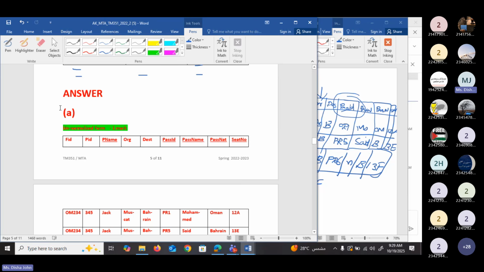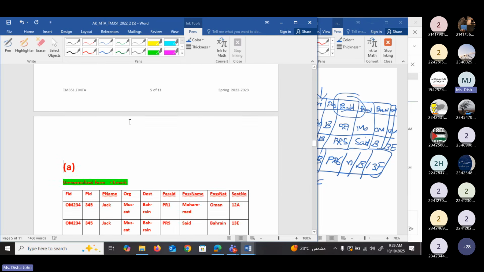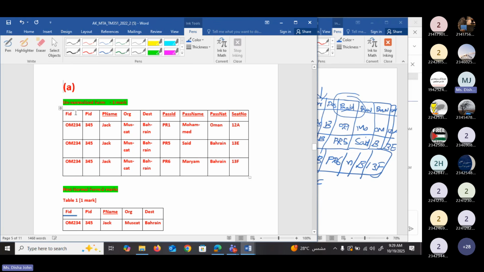Okay, so here you can see the complete table in a more clear way. All the column headings are there, all the values are there. Now we need to convert the table into 1NF, or first normal form. What is meant by first normal form is that we must have a primary key. In order to convert the 0NF into 1NF, you need to check whether we have repeating values. Here if you look at this table, you can see these values are repeated.